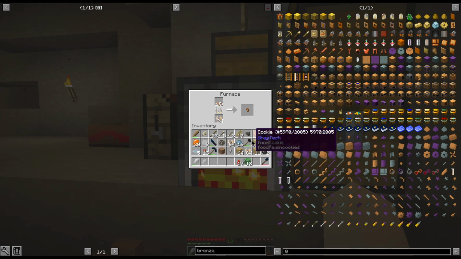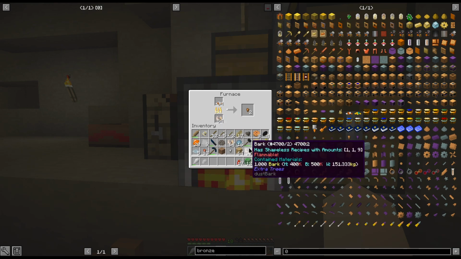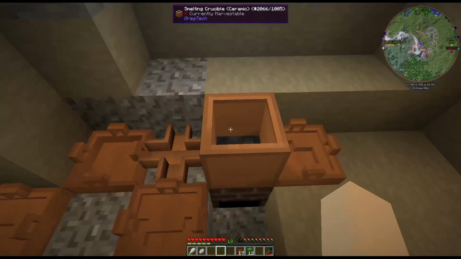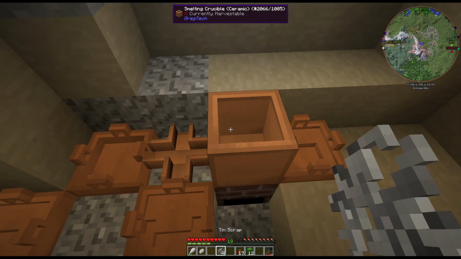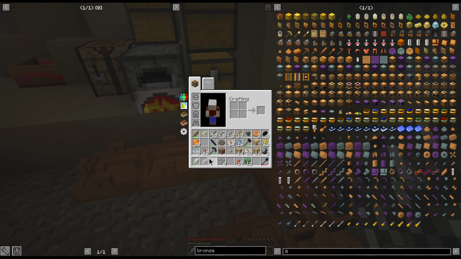into a bronze nugget. So I'm going to leave you guys for a bit here and wait for this to get all done cooking. Well, actually, you know what? No, we're going to let that cook. And this should be good and cooled off now. So let's grab our tin scrap out of there. And while that is cooking,